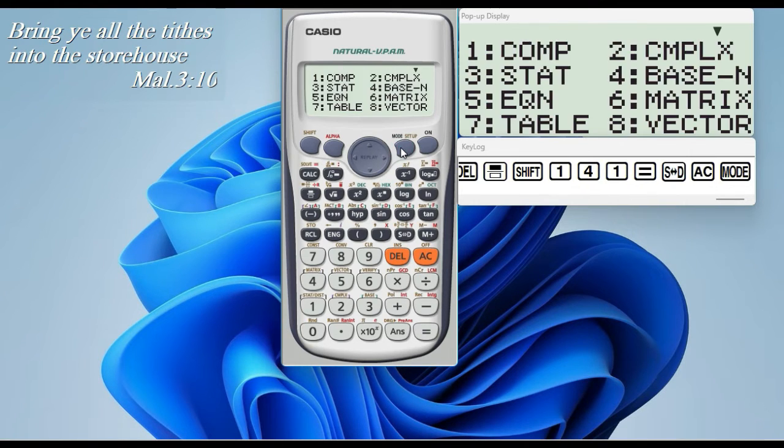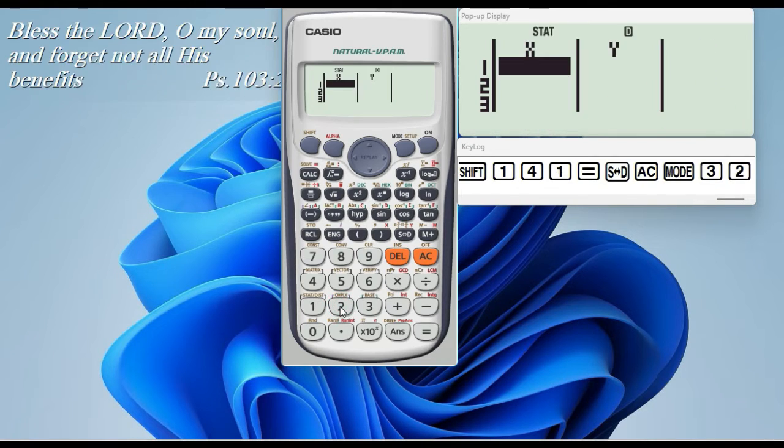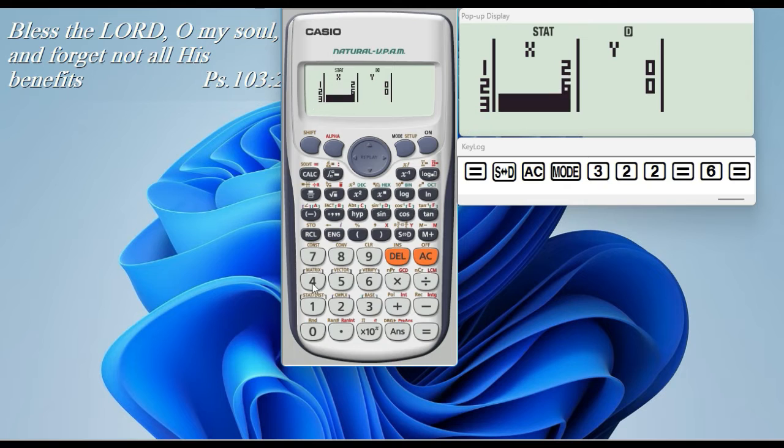Now let's see what if the data is 2, and mostly that's what we use. So given the values of x and values of y, and the y mostly we use as the frequency, so sigma f, and then x. So the x is the values of x, and the y becomes the values of what? The frequencies. Alright, so when I want to get the sigma fx, it means it will be sigma xy in